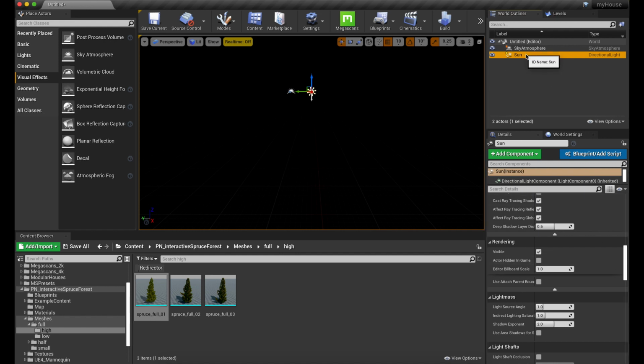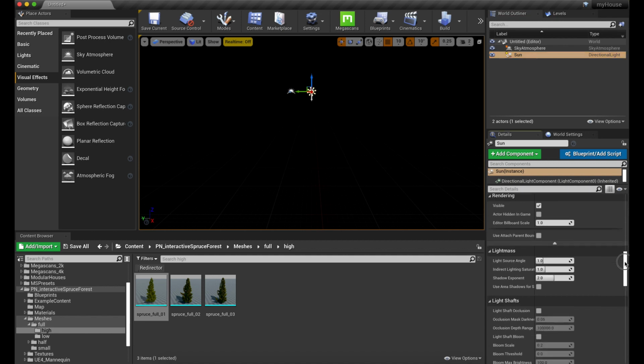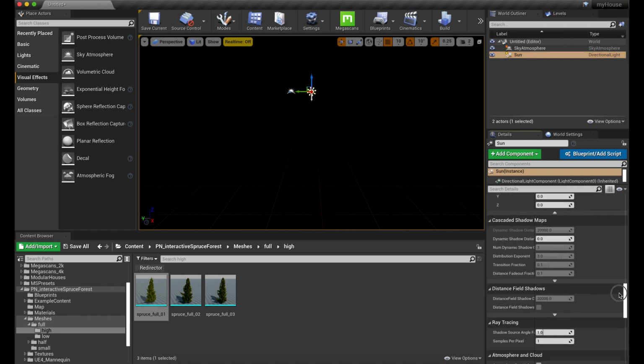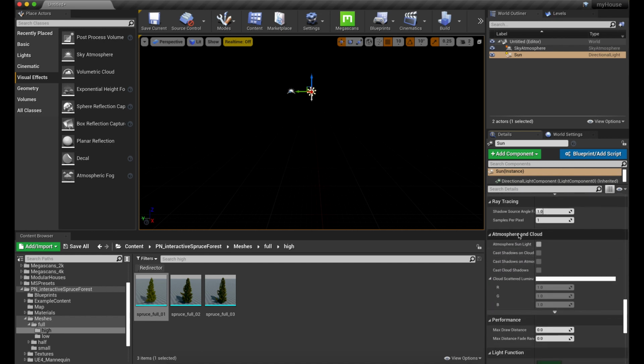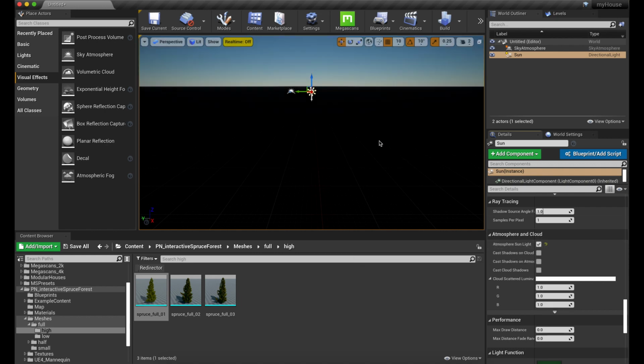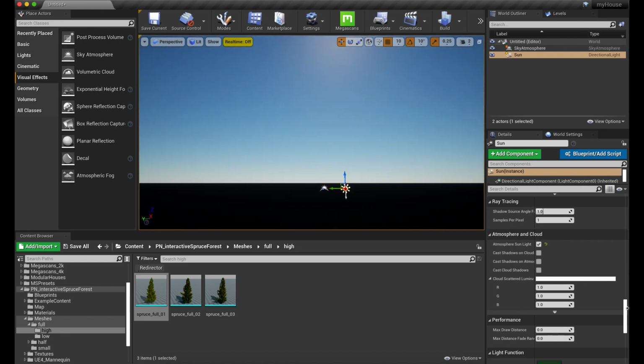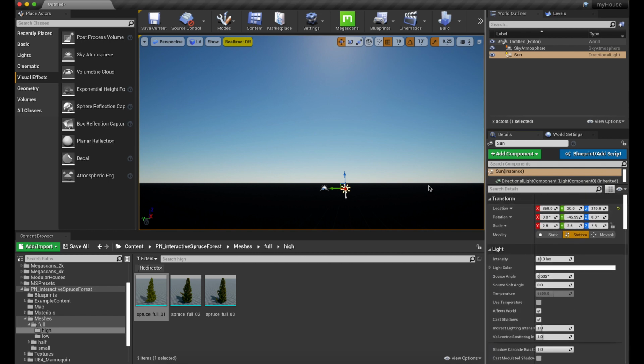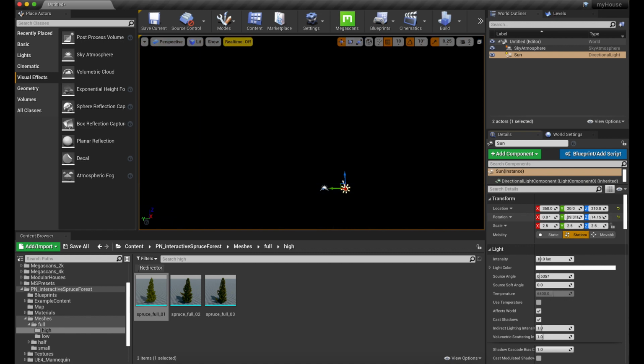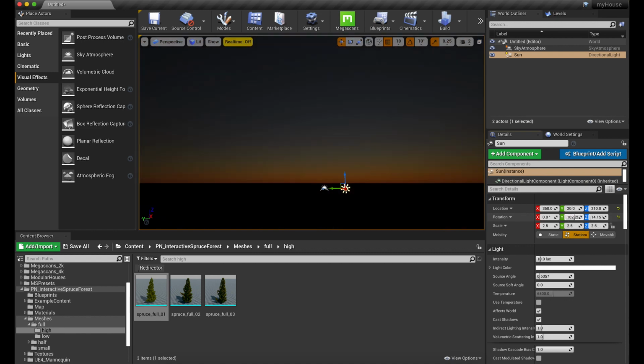I need to tell my directional light, my sun actor, to, you gotta look all the way down to this new setting here, atmosphere and cloud. So I'm going to turn that on, turn on my atmosphere sunlight, and we're going to see there's a sun in the sky. And what's awesome about this system is now we can literally just take the directional light and rotate it across our scene, and we can see the disk move up and down,